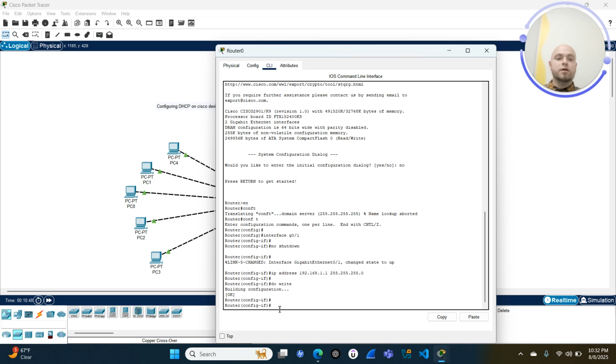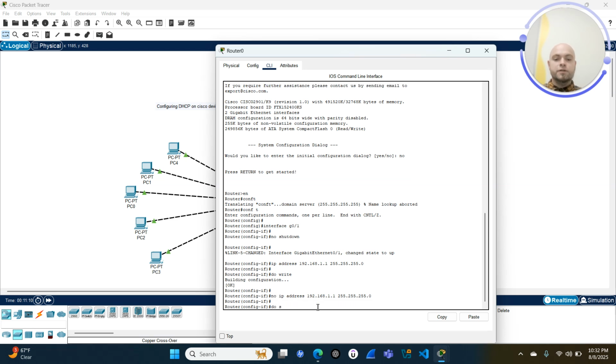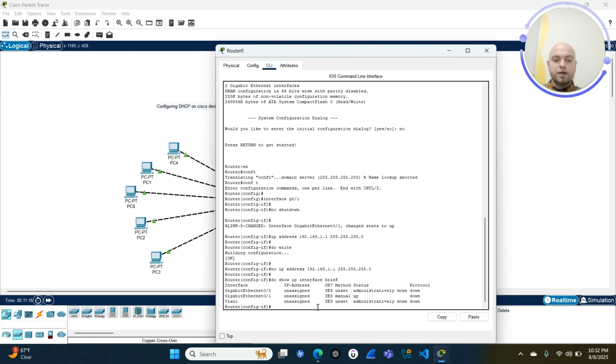I could also just push up, but if you ever were to use do show IP interfaces brief, this is the method you can use. You could copy the IP address, paste it, Control A, and we don't want that IP address assigned to that interface. We'll say no. And if we say do show IP interfaces brief, we will see now